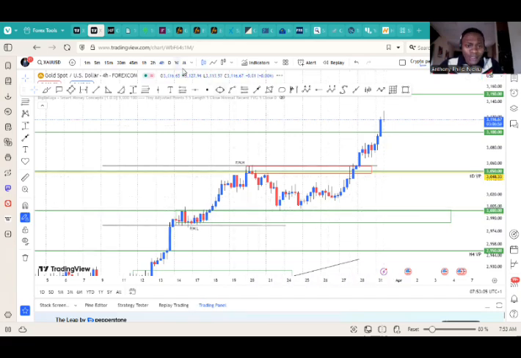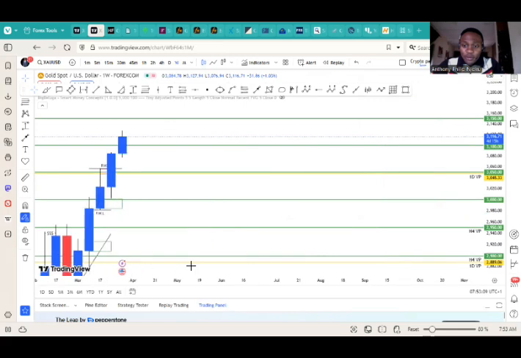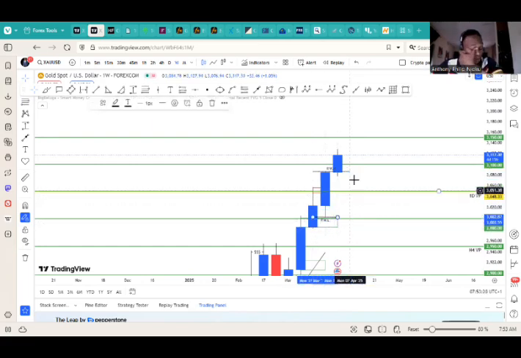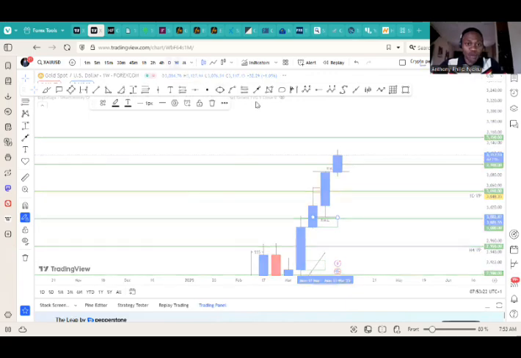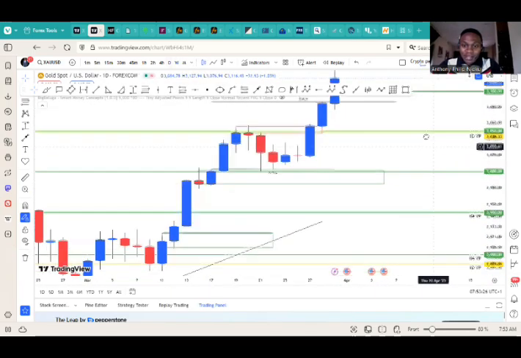So let's update the market charts right now. We update it by first of all going to the weekly time frame. We already know that gold is on an all-time high, and the monthly time frame is a bullish one. So we move here. We update the previous week high and previous week low. Then we go to the daily time frame. What do we do on the daily time frame? We spot out the daily demand and daily supply zone.